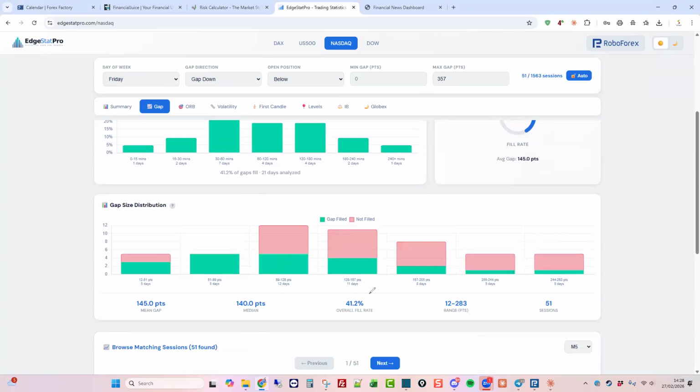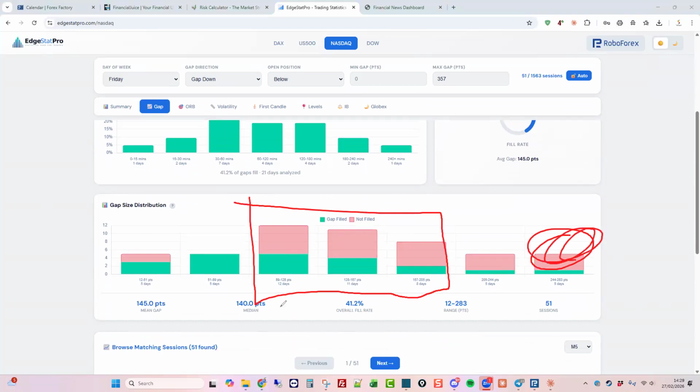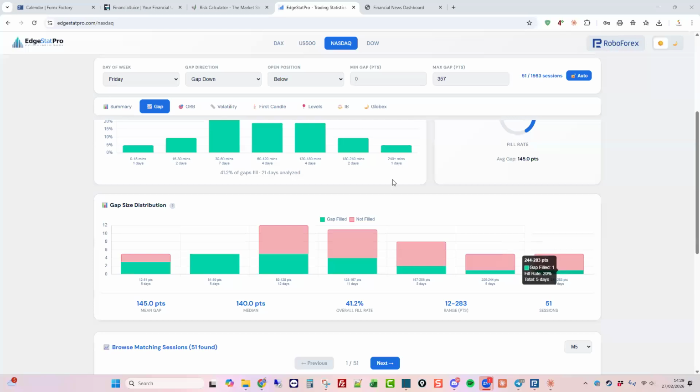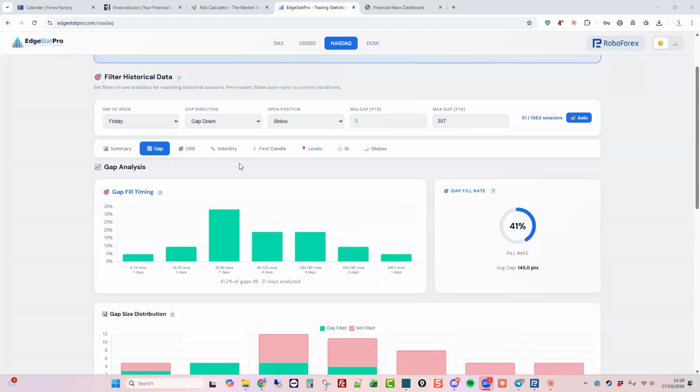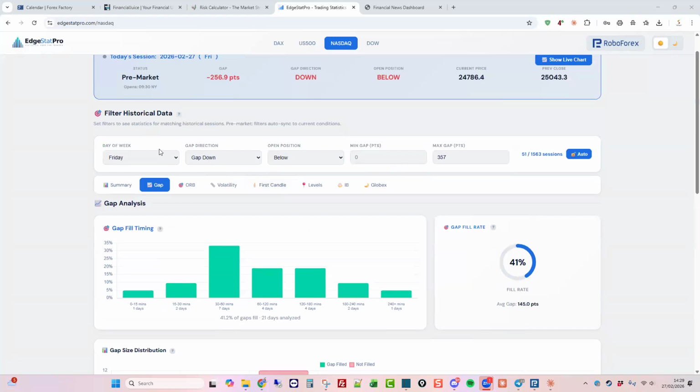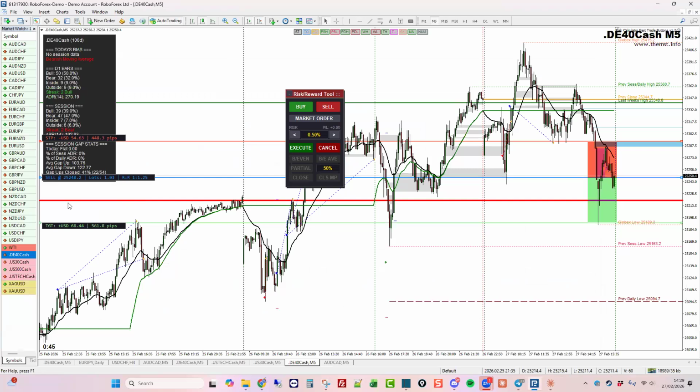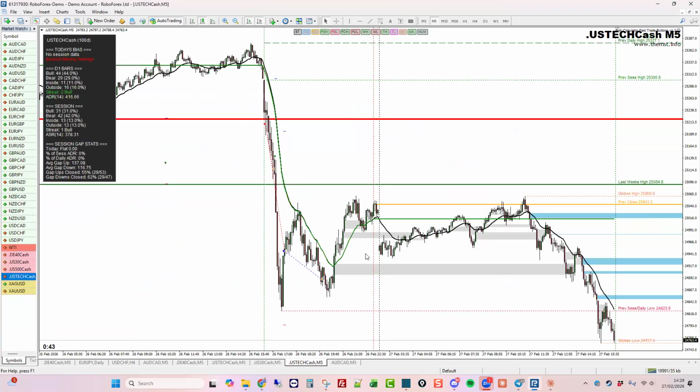So this is where most of the gaps lie. We're opening here. So our gap is really big today. And as you can see, there's more red than green, meaning that those gaps don't actually get filled that often. So when we gap down below on a Friday, we get a 41% chance of going to that level. So if we look at the NASDAQ now,